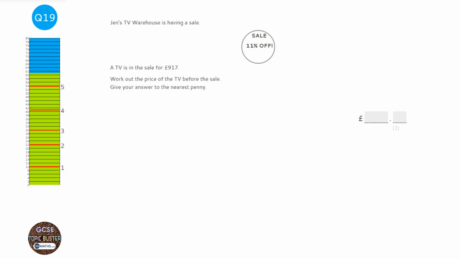The easiest way to answer this question on the calculator paper is to think in terms of multipliers. Now, multipliers are a nice easy decimal you times something by to do whatever the question's asking you to do. So either increasing it by a percentage or decreasing it by a percentage. So if we ignore the second part of the question, just focus on this bit,